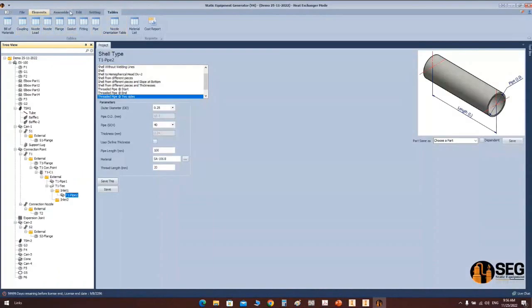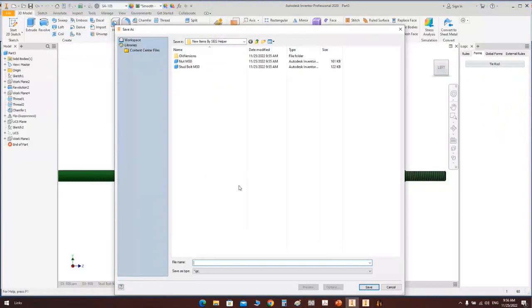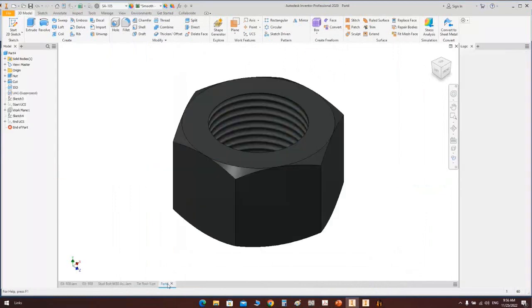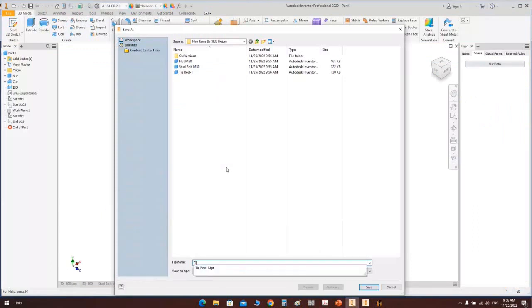So from the Assembly tab, let's click on Save Document, and it's tie rod 1, because we have two tie rods, two different lengths. So that's the first tie rod, and that's the stud, the nut. The same way, let's save it. So it's tie rod nut,